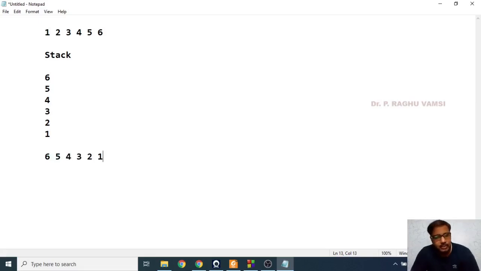Now, if you read the same in a queue, you are supposed to print in the same order. Whatever is inserted first should come first. So for every insertion into the queue, we'll first check how many elements are there in the queue, and these elements should be popped out. That means you remove all the elements from the queue and insert them again in the order of removal. So the elements will be inserted in the reverse order.